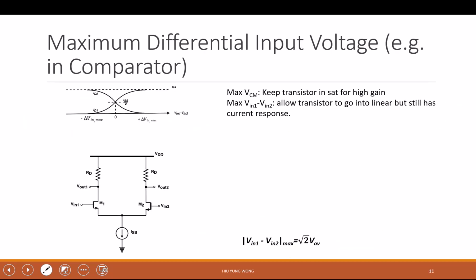So in this case, we treat it as a comparator, like what you're going to do in your lab. In your lab, you will have a comparator using a differential amplifier. Maybe last lab already? Yeah, you've done that already, right? This week is about the frequency response. So here you are already in the linear regime. We just want to see what is the maximum so that it still has response, because once you go to here, it has no response already, right? So that is the so-called maximum V in 1 minus V in 2. And this is not difficult. All we need to do is just that we know that